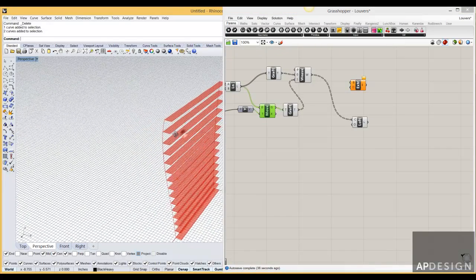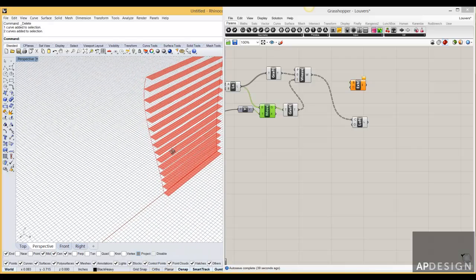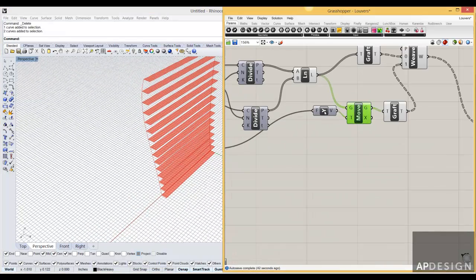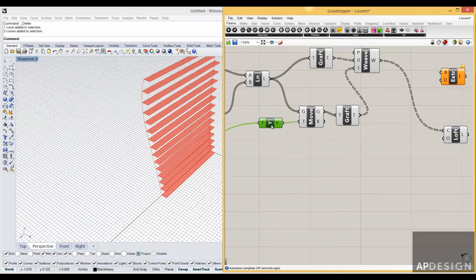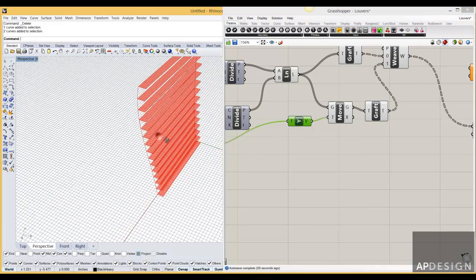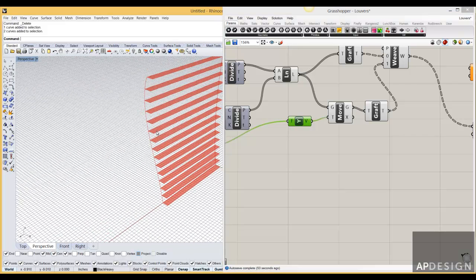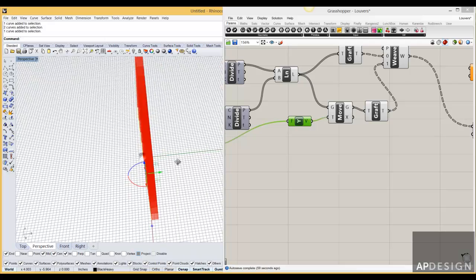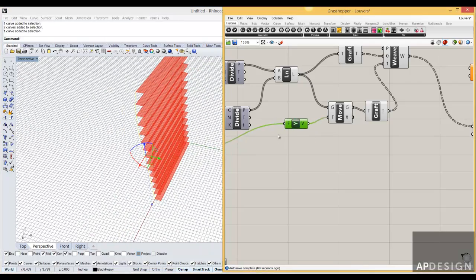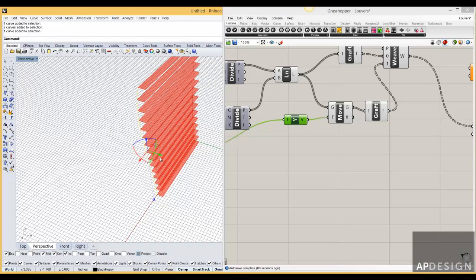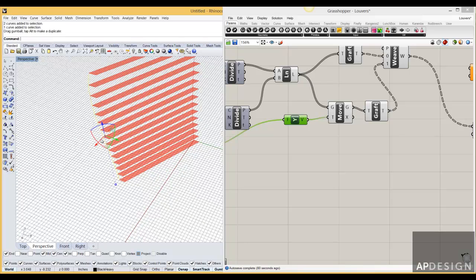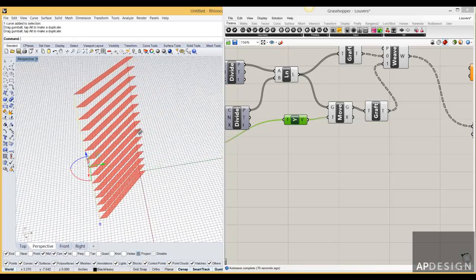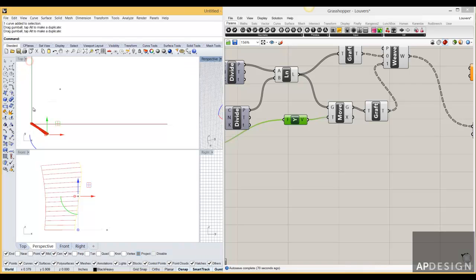Now, before I end this video, I want to go over one other thing. What I've done in the original move is I've given it a very specific direction, and in doing that, I've taken out some of its flexibility. So let's say the reason that I might not want to give it such specific direction. Let's say this curve was actually somewhere else, in that orientation. You can see if I go to plan view